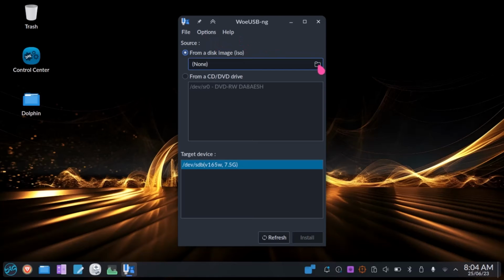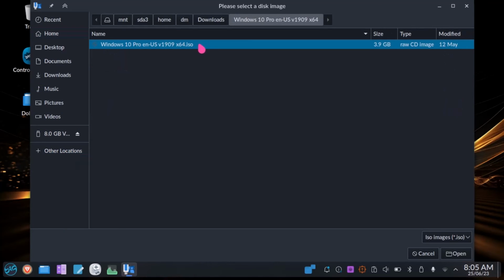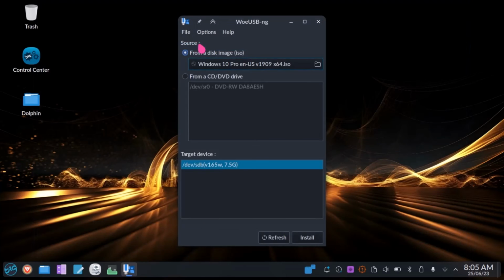Okay, so first of all let's go to the path where it is located. Okay, so this is my Windows 10 ISO and I have selected it. All right, also you can create this disk from a DVD if you have one, so you can also do that. And this is the target device, so here I have to install it. Now